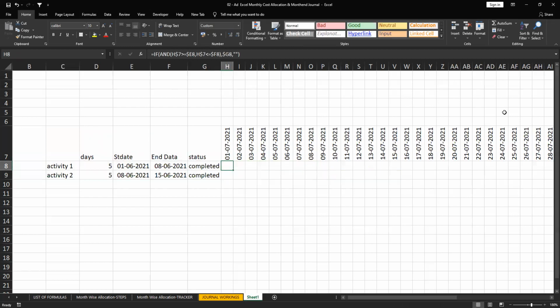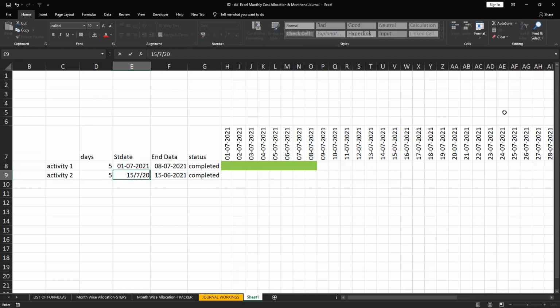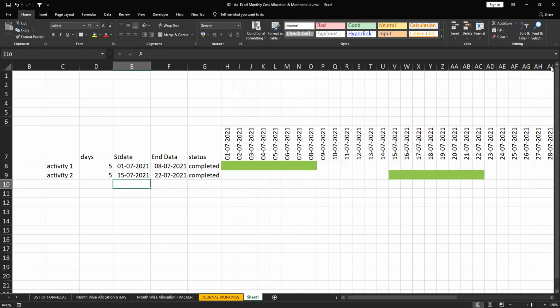Suppose next month I can say 1/7/2020. Sir, now here the first process is 2021. So first of all, there are 5 working days. Now see here, 15/7/2021. So here the tasks are completed. But in these days we don't work.